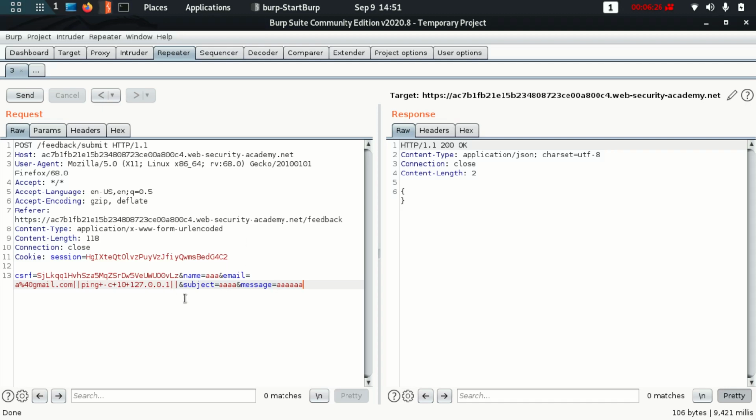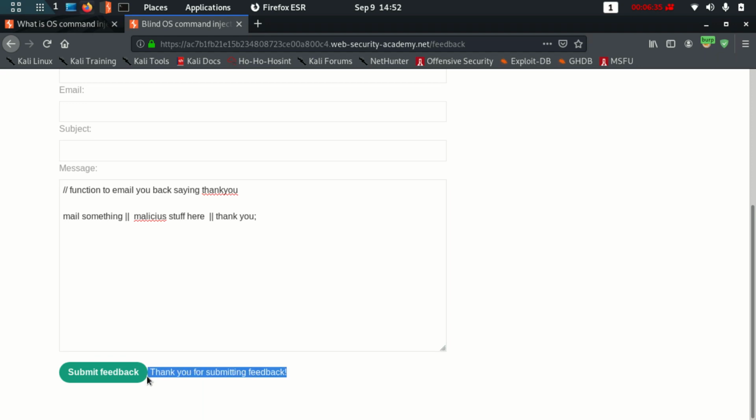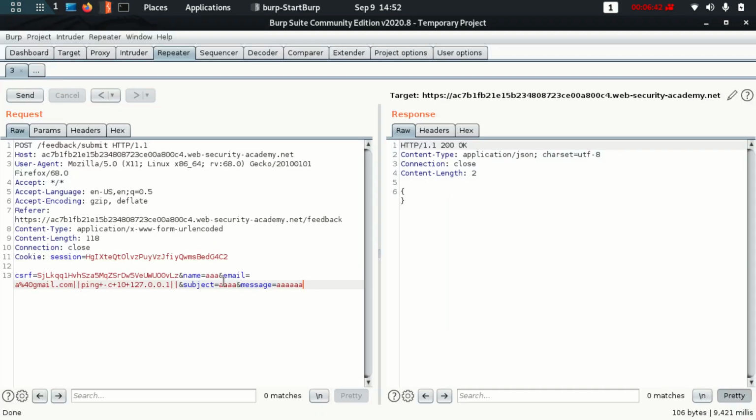This command is taking the email and providing us an email on our phone or laptop, maybe with that message. The message on the website is just what you get when you click this button, it has nothing to do with the email which we provide. But over here we can run anything malicious. Since the output was invisible, this was a blind OS command injection, which is why we are using this technique. Again, rather than double or, we can put semicolon and check if semicolon works.